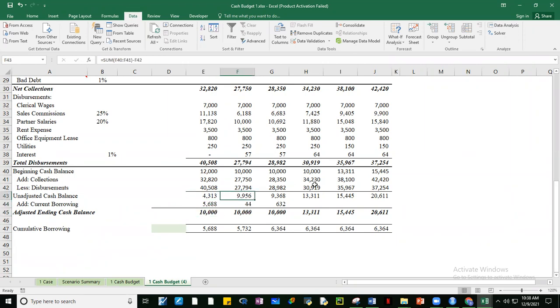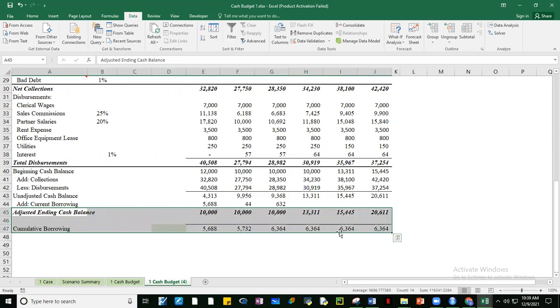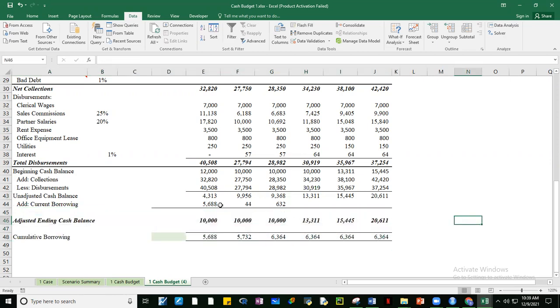Okay, pagdating dito, okay, kasi may mga interest na binabayaran, maliit lang naman kasi 1% lang of the cumulative loan. May kulang pa rin tayo dito na 44 kaya nag-utang. Dito kulang pa rin kaya nag-utang. Dito guys, tingnan nyo ha, 13,311. Nag-borrow pa ba dito? Guys, ang unadjusted cash balance is 13,311. So, kailangan pa ba humiram? Kailangan? Answer? Yes? Okay, hindi, di ba? Tama. No. Hindi na kailangan humiram.